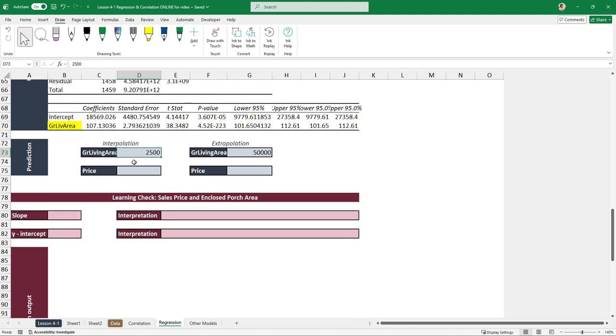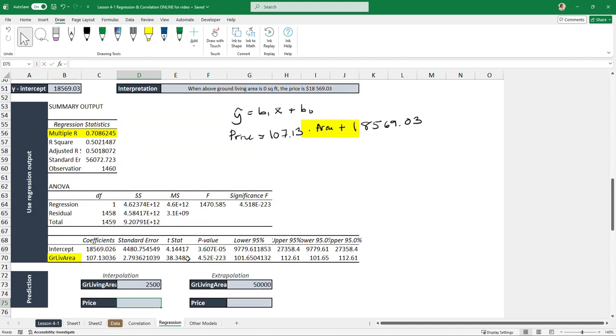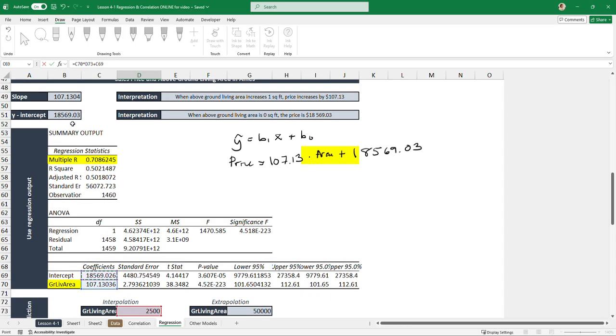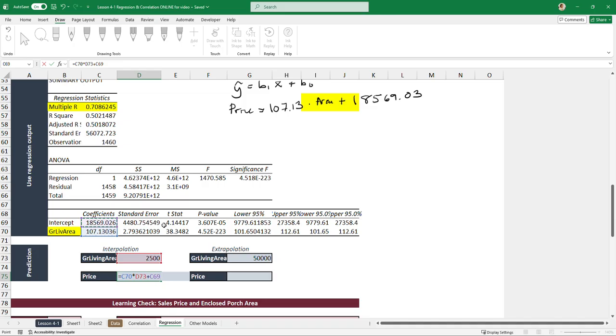How we actually get the real value is using the equation of the line. What the equation of the line says is you take the slope, multiply it by the x, the area. That's the value I gave you, but this could be any number. And then you add the intercept. You can use these values or you could use the ones calculated here. You'll get the same answer. What's important is it has to be slope times the value given plus intercept. That is the equation of the line. And I guessed about 270,000. It's actually 286,394.92. That would be the price for